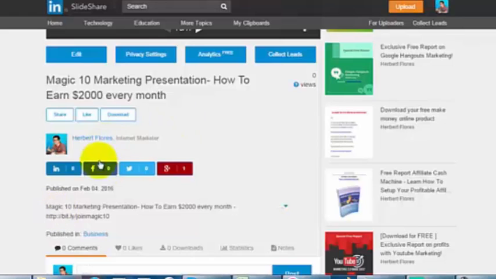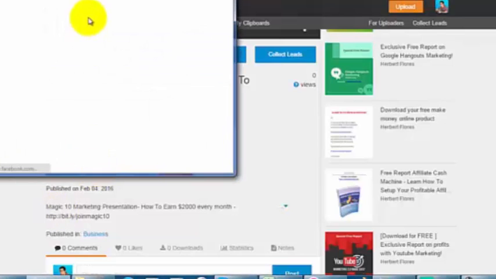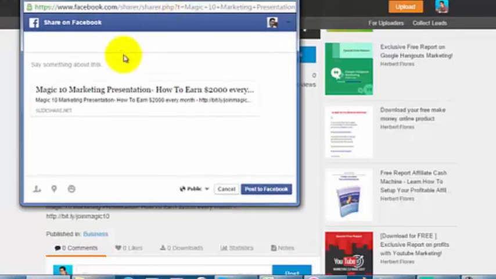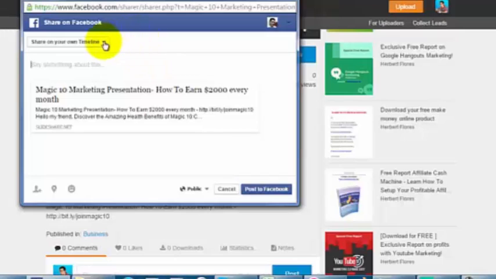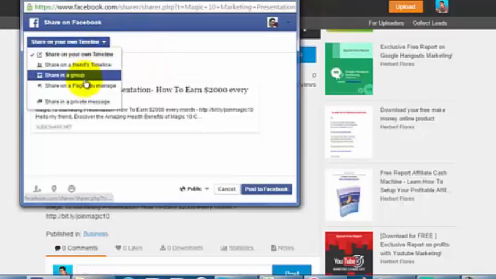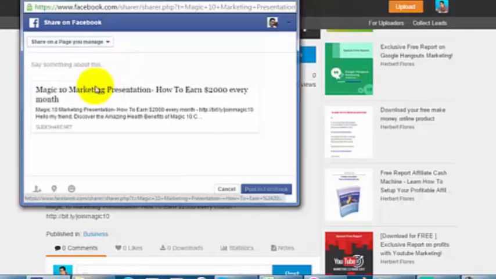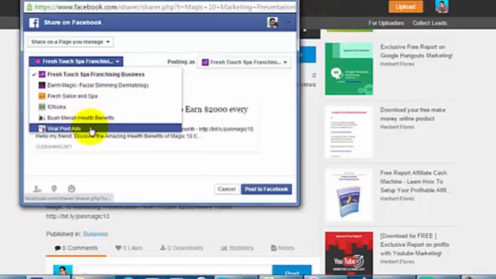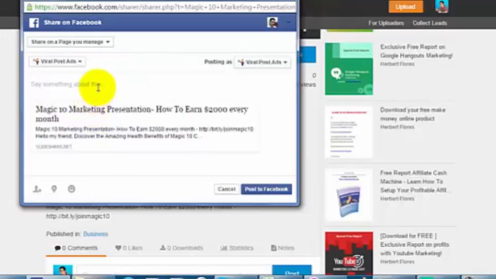You can also use Facebook, and you can share it on your wall or with a group. You can share it in a group or with a fan page that you manage. Then just add a caption.